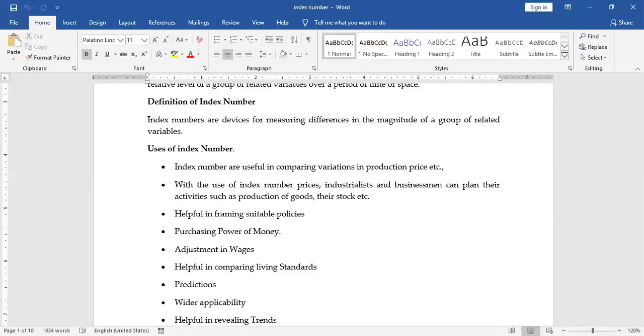Next is, it is helpful in framing suitable policies. So index number helps, as I said, it measures the variation. It helps the industrialists in taking up the decision. It helps in planning everything. So definitely it acts as a wonderful strategy in developing and in taking the decision. Next,